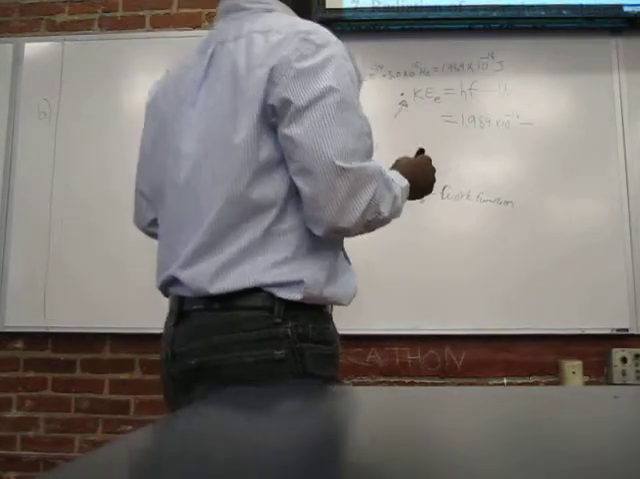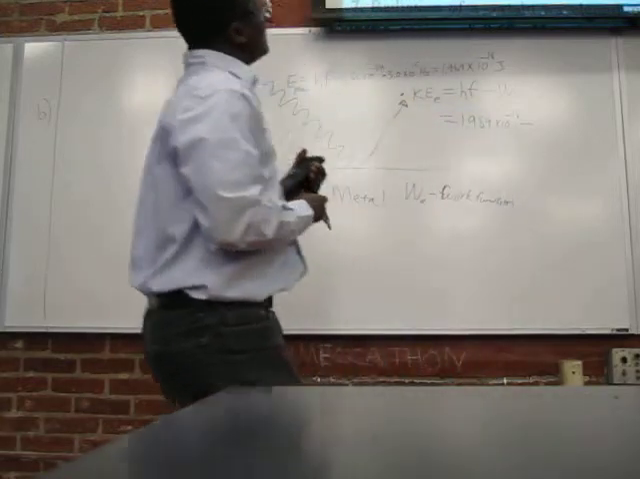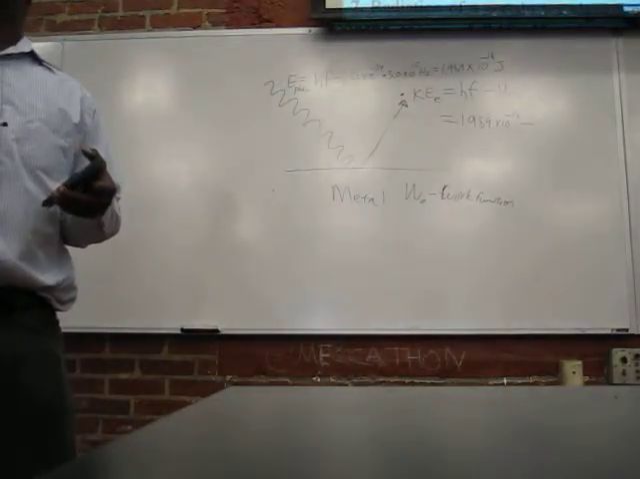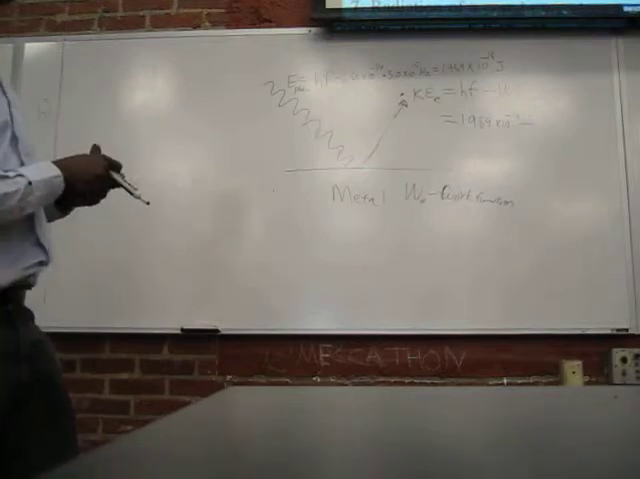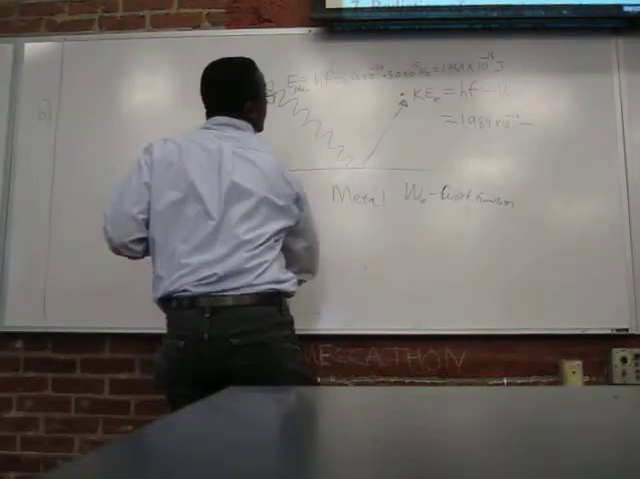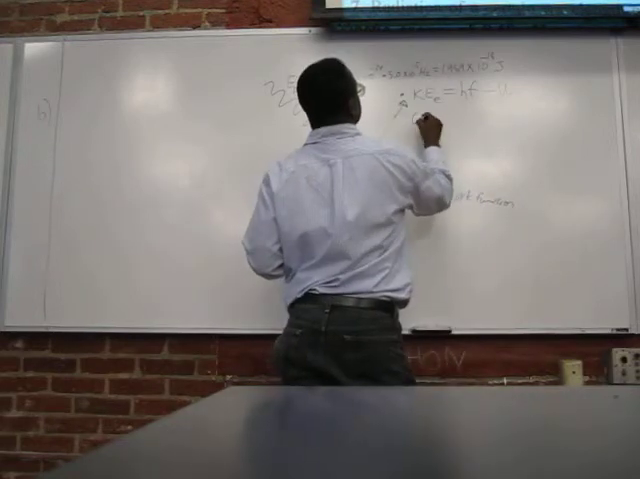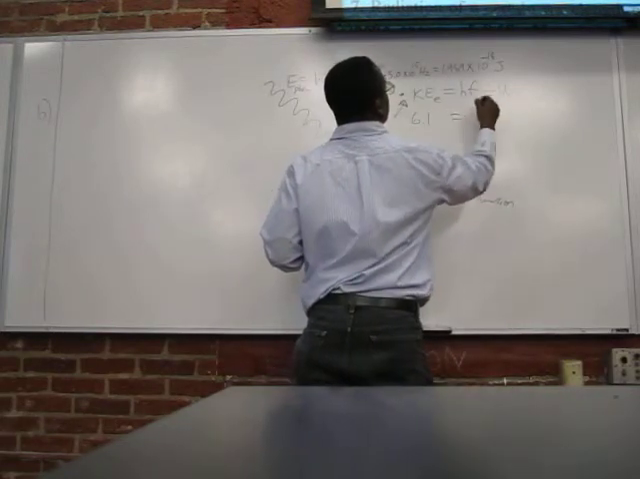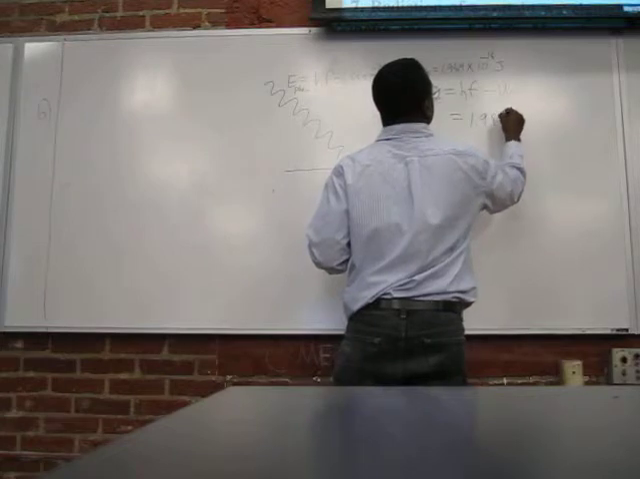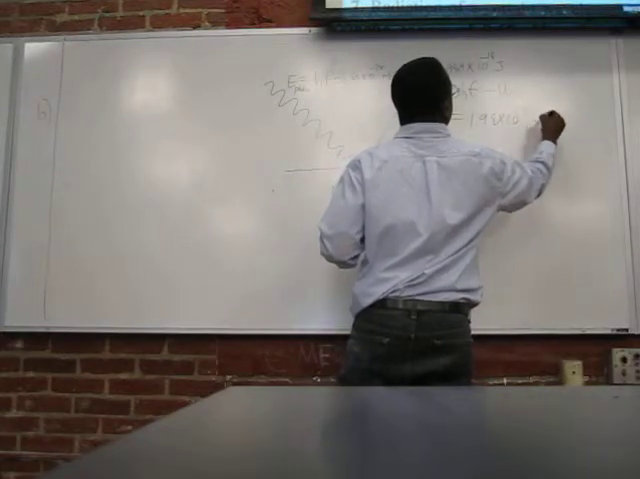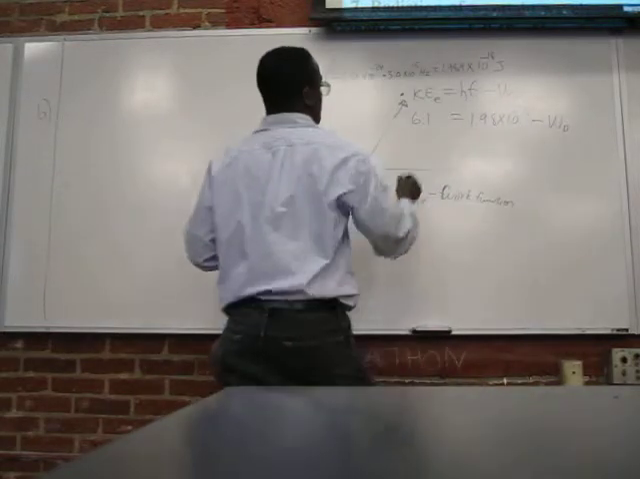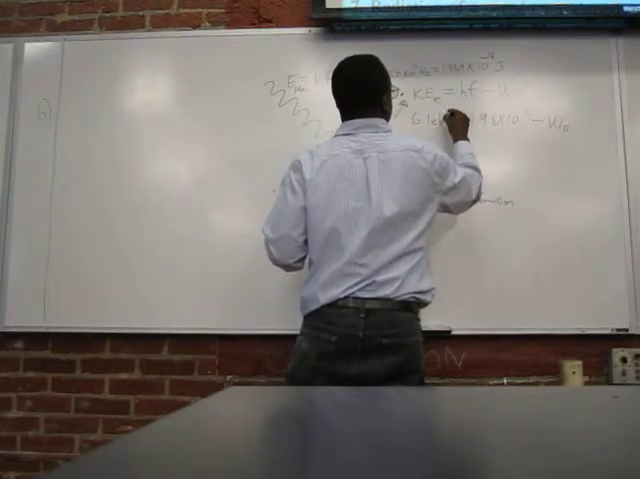6.1 eV. Now that eV is a different... I'm sorry, that's the kinetic energy. Yes, that's the kinetic energy that the electron has. So that's 6.1 eV, that minus the work function of the material. Now we've got